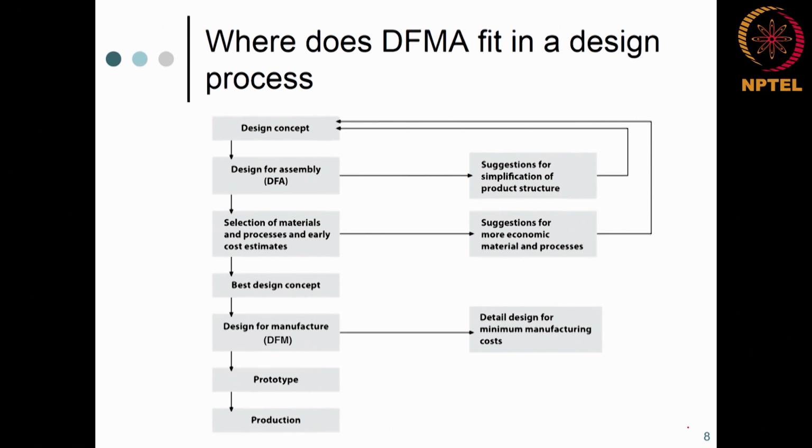You will be surprised that you almost got everything on this block. Concept design, you can use design for assembly. It does not stop here because it gives suggestions for simplification of the product structure right now with the concept that you have. But as you pointed out, this itself could be a cyclic process because this is not your final concept. Okay. Then what happens, depending on the assembly, see, this becomes very important that we comfortably ignore. Depending on the assembly, you will have to choose your material and processes.